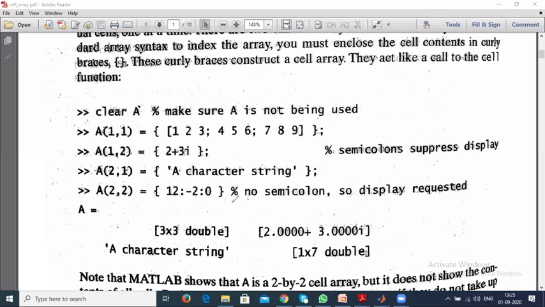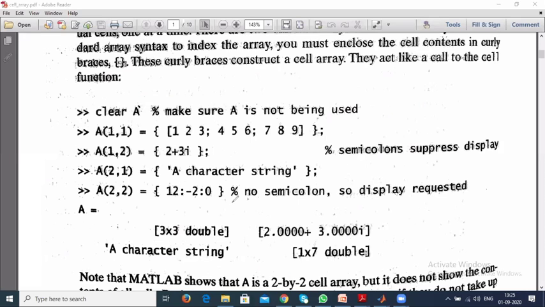Please remember, depending upon the size of the memory the cell occupies: if the memory is huge, it will display the size.